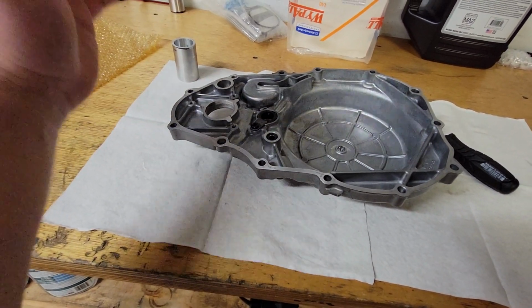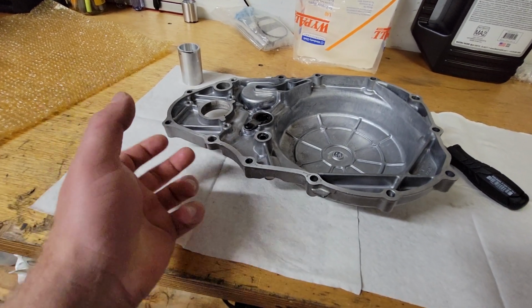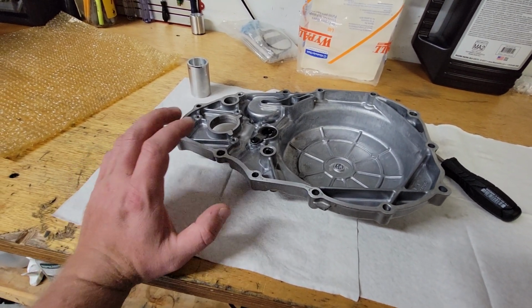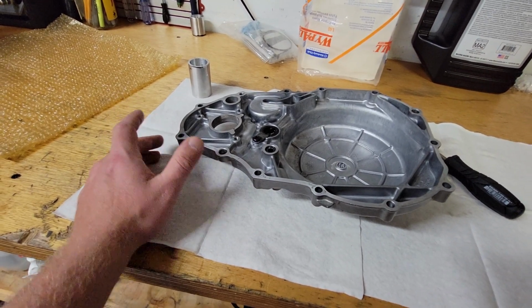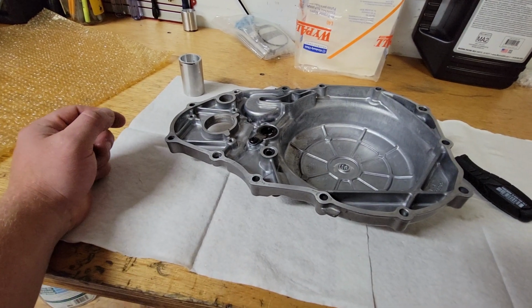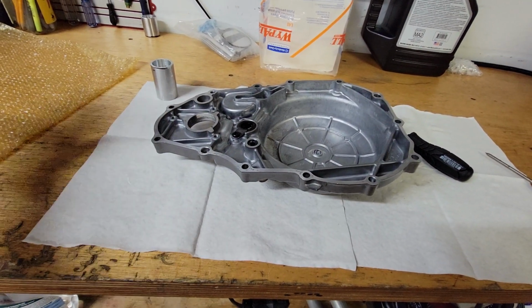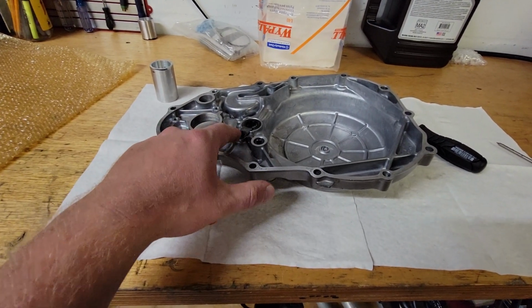If not, to be on the safe side, if you don't know the last time you've serviced your water pump, or if it isn't already leaking a little bit from the weep hole, I would just order a water pump rebuild kit and refresh the entire water pump, and that will come with those 2 O-rings that you need for the clutch cover. So you want to get the water pump completely off, and then next you want to